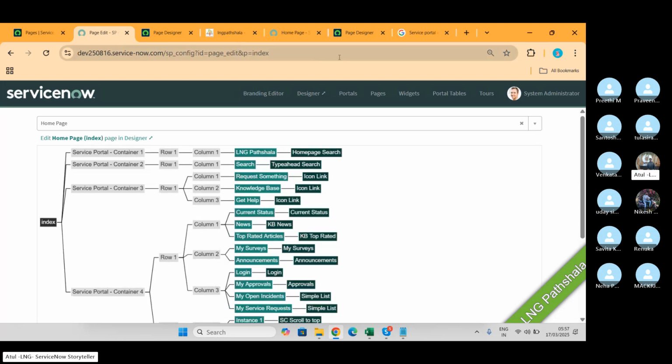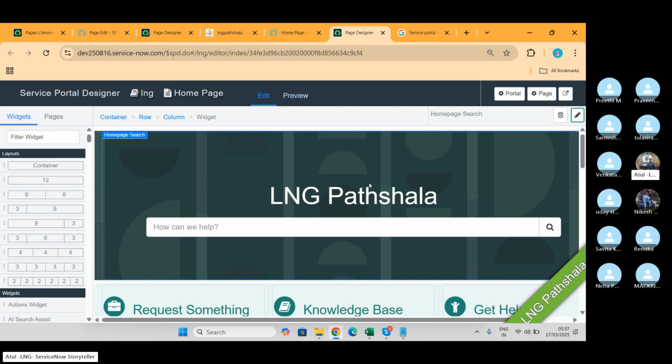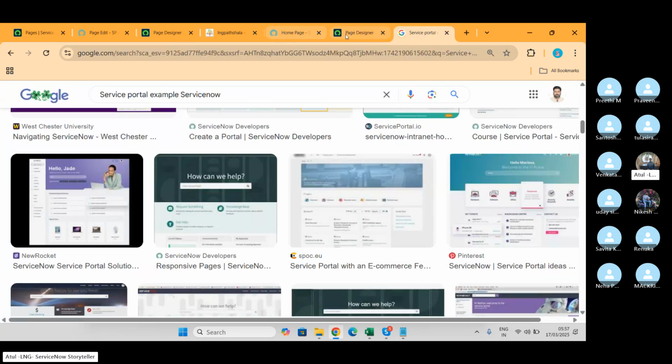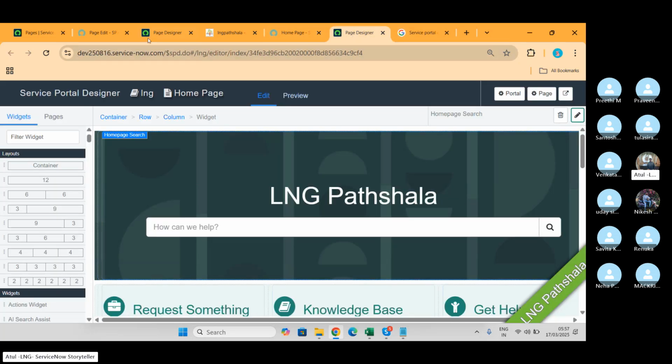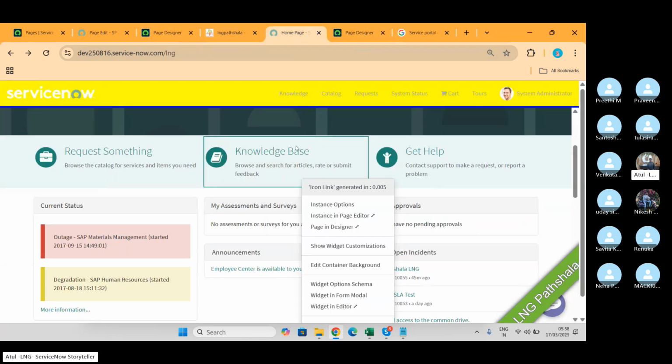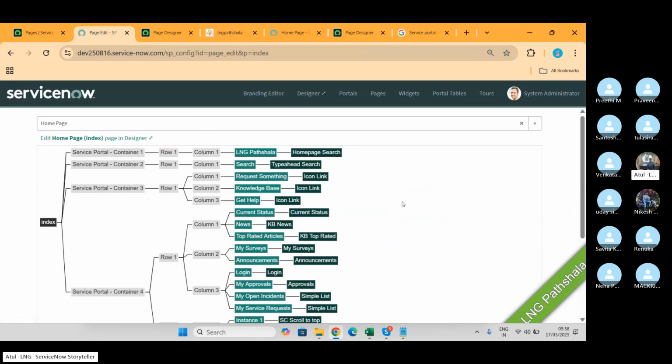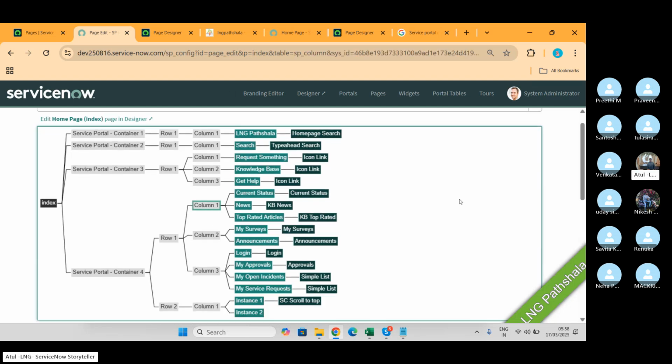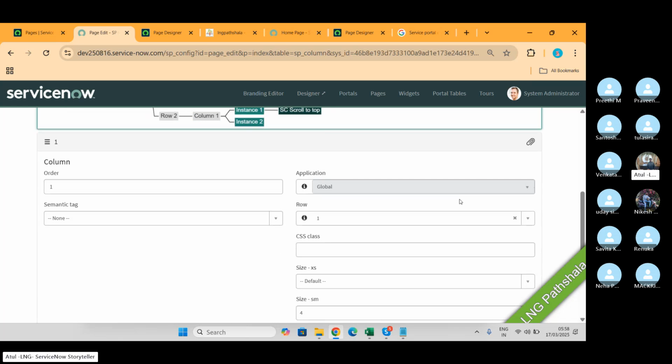So if you are stuck, Atul, on how this page has been defined, how this portal has been defined, go back and open the page here. And you can see the structure. Now you want to make a change in column 1. Click on column 1 and scroll down. You can see all these things here.